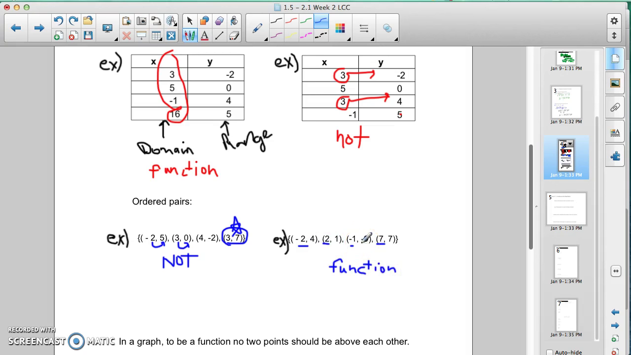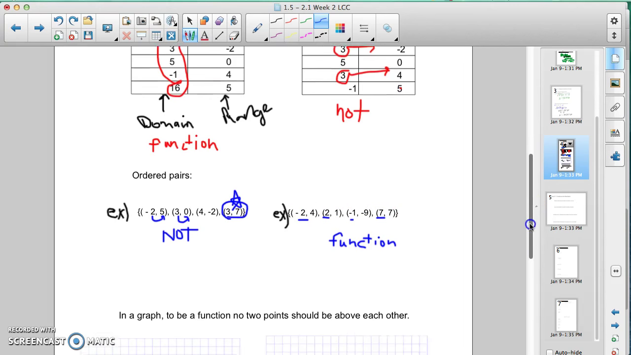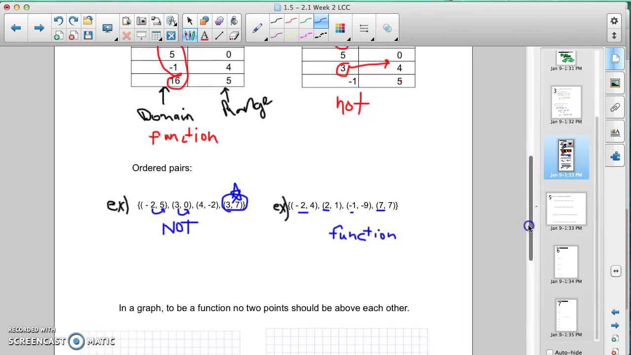It could be the same answer. They could all be mapped to 5, but that's okay. If -2 is mapped to 5 and 2 is mapped to 5, it's okay to have the same values on the outputs, just not the same input values that give you different output values. All right, so